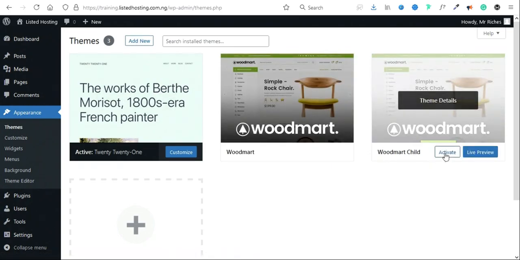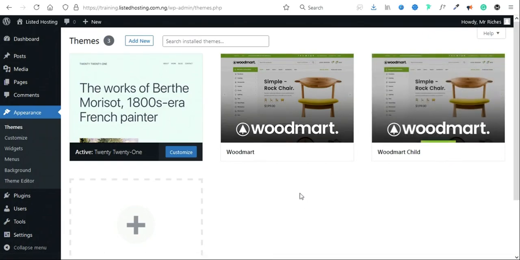So now this is the child, this is the parent. I can just go ahead and activate the child. But before I do that, I would quickly take the process of showing you how you can create another child theme if in case the child theme that came with the installation is corrupt or does not exist within the installation. So see you in the next